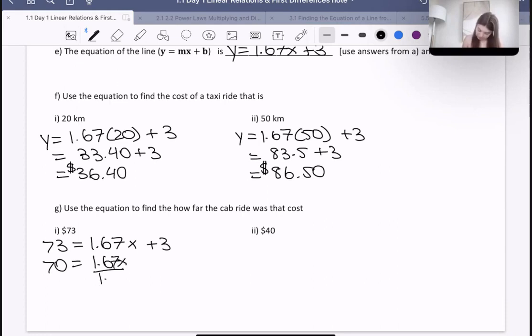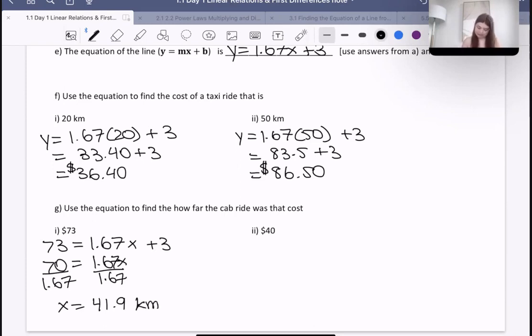Then we're going to divide by 1.67 on both sides, which is going to be 41.9. So therefore, the taxi was able to go about 41.9 kilometers